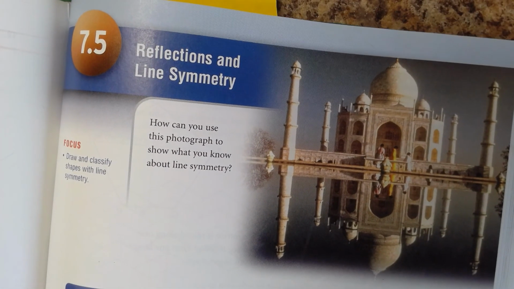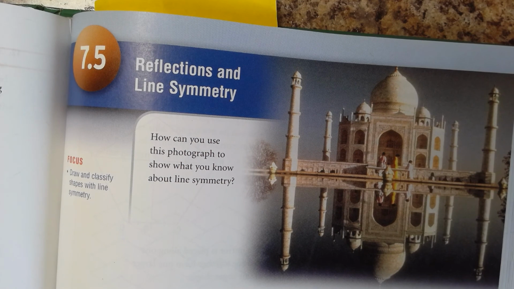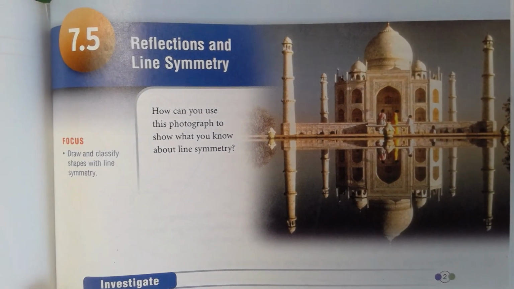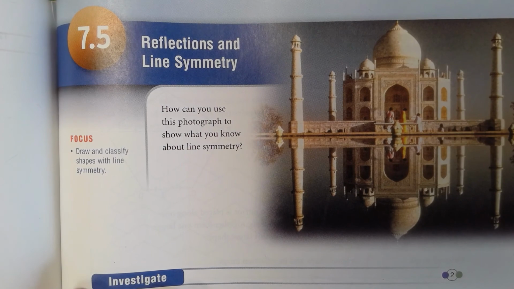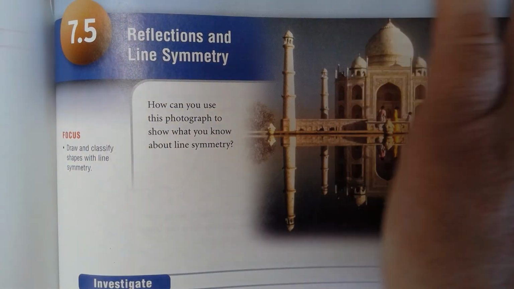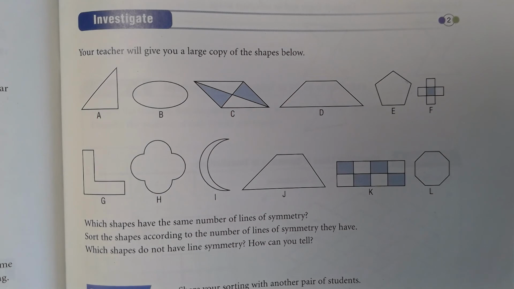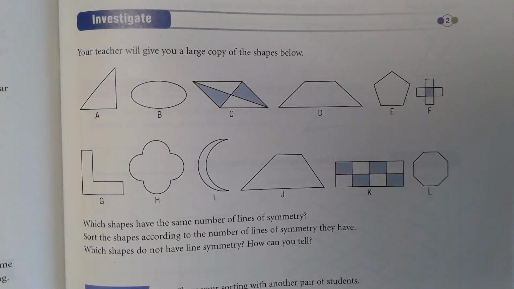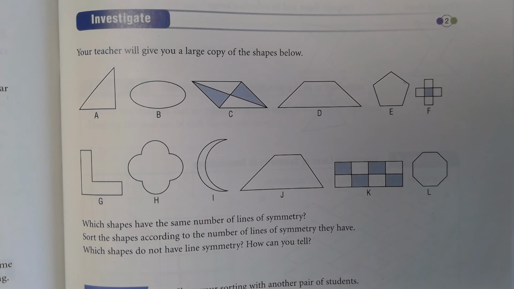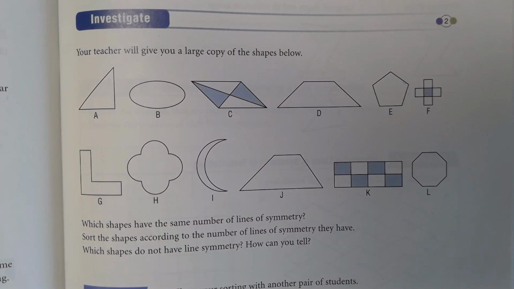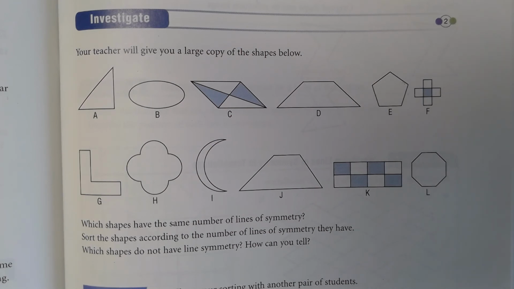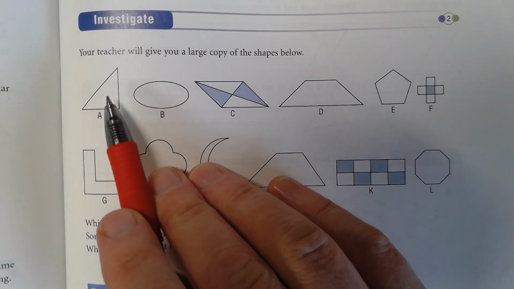Okay, this is Math 9, class number 6, and as you can see, reflections and line symmetry is the topic. I'm going to start by looking at these shapes here. Now, symmetry, we did this way back at the beginning, was one of our concepts that we reviewed with those flags, looking at the line of symmetry on a flag. So line of symmetry, by way of very quick review, is where you can cut a particular shape into two equal parts. This triangle here,